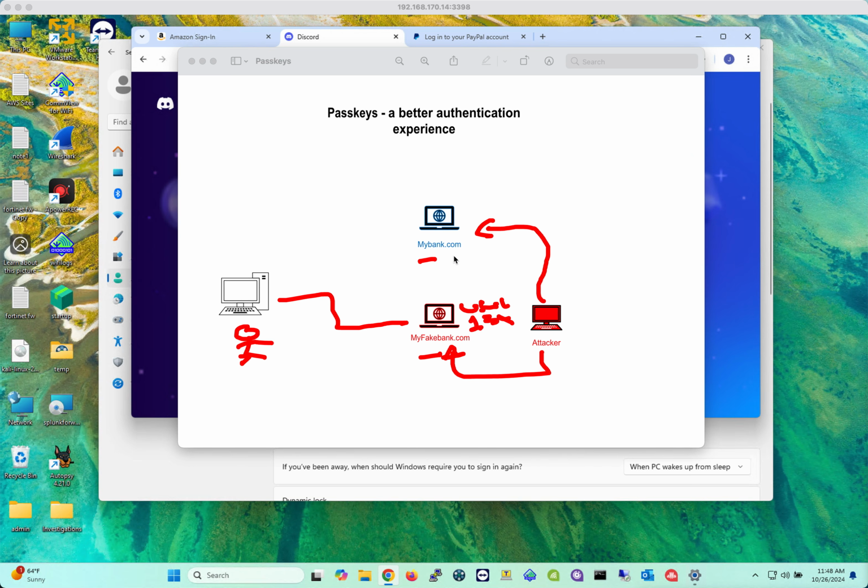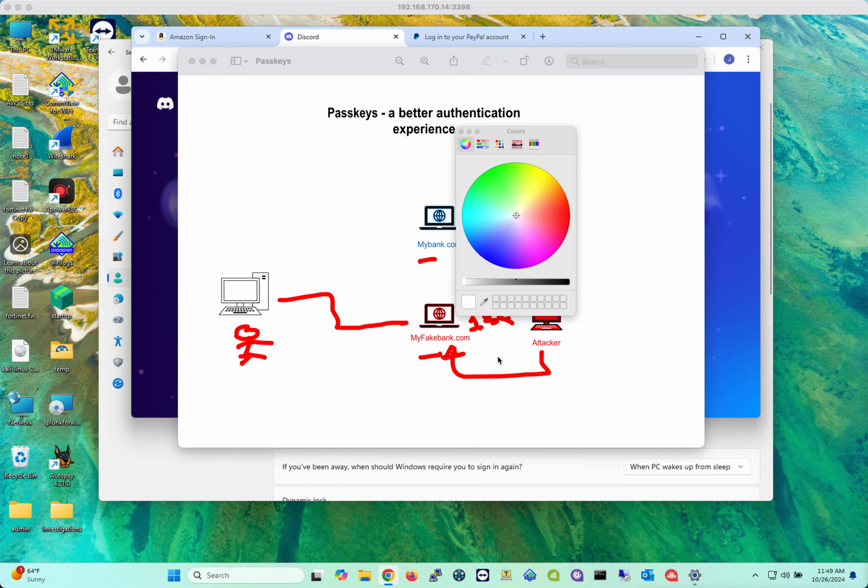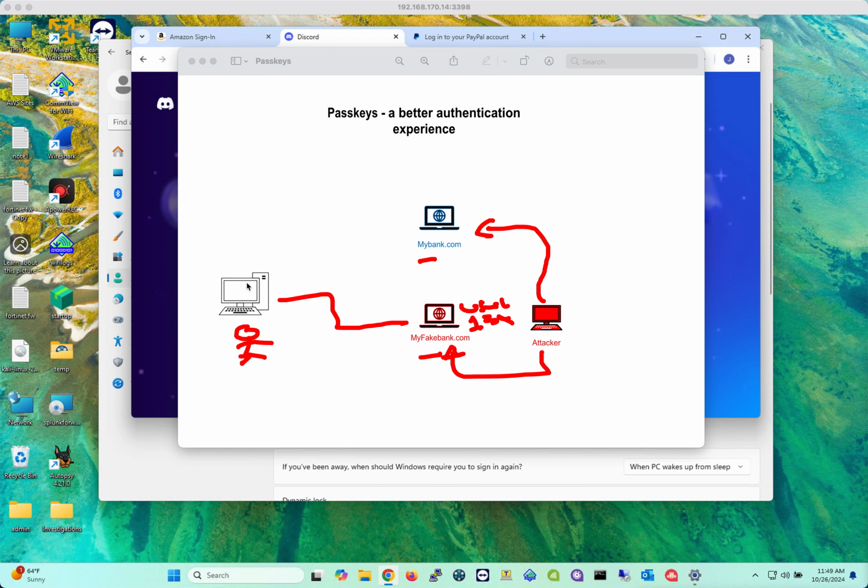So if the user has multi-factor authentication, meaning that the user is going to receive an SMS message or a notification on one of his devices to authenticate that session, the user is going to receive a text message. So this bank is going to send a text message to the provided telephone number of the user. So the bank is going to send the SMS